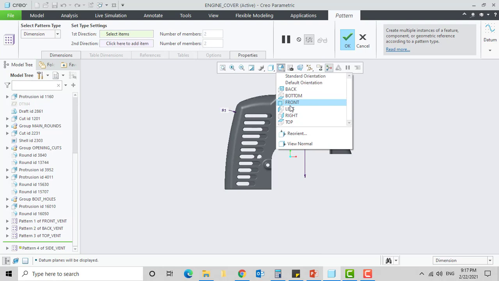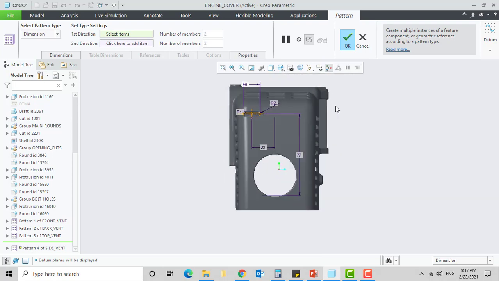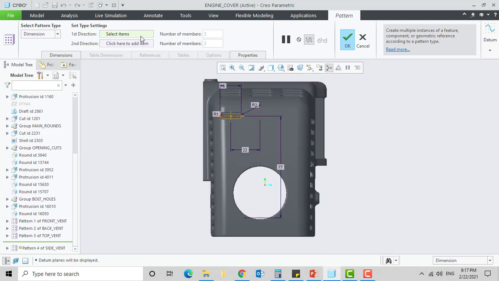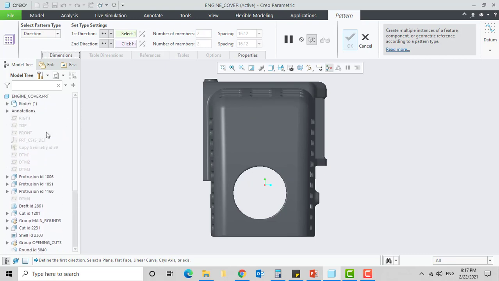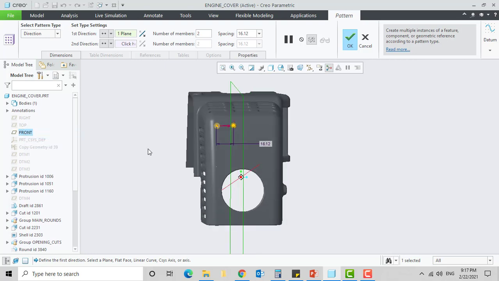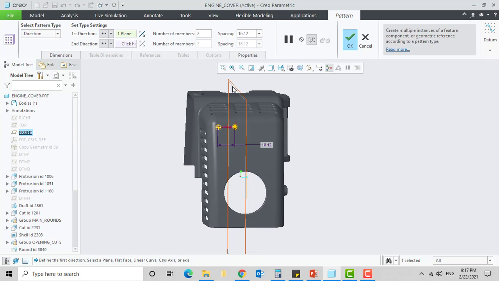In the model tree, those two planes are in a hidden view, so make them visible by right clicking and selecting the view option, so that they will be displayed in the graphics window. Similarly, the top datum plane. So you see that the top and front datum planes are visible in the graphics. You will be using those as a reference to create the first and second direction.